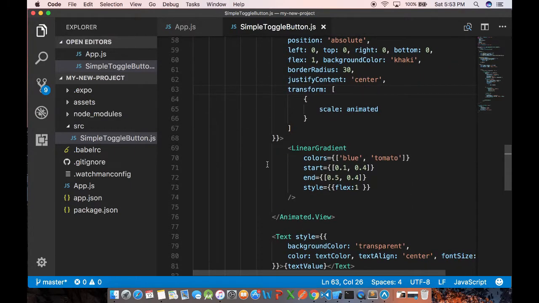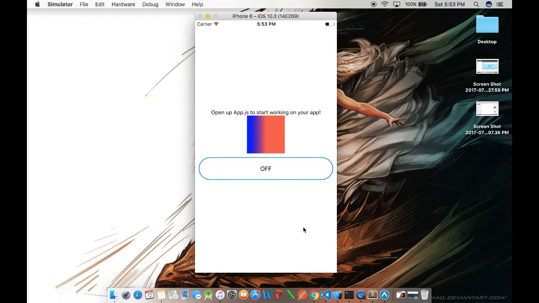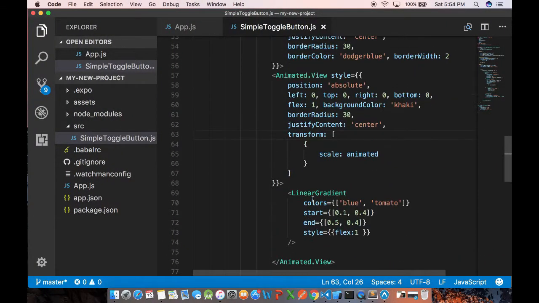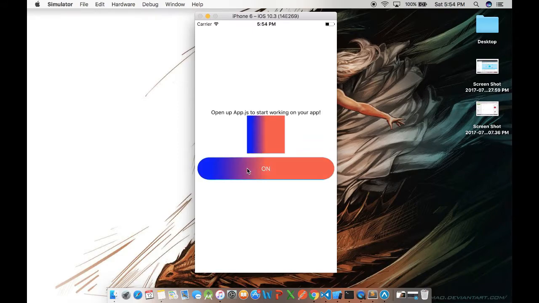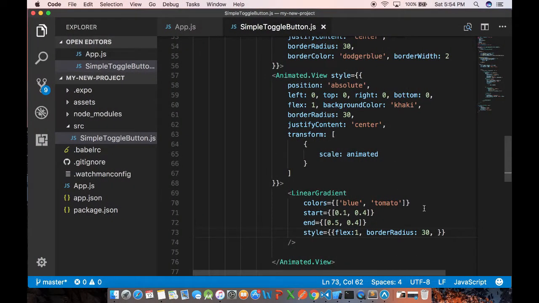And now let's see whether we'll get our linear gradient background. So we got the background, but you can see the bound of the view is kind of exceeding the button itself. So we need to fix it. One way of fixing it is to provide the same border radius to the child linear gradient here. So this should fix that issue. Let's check. Okay, so we got this and it's pretty good, but there's another way to do it,